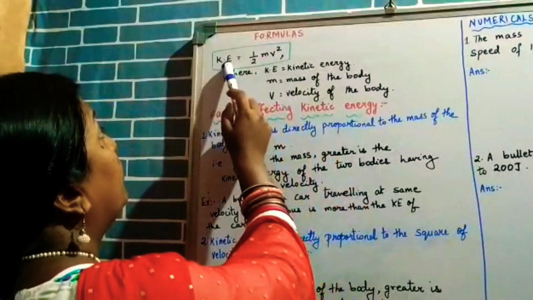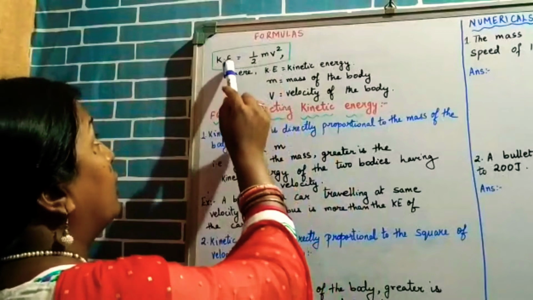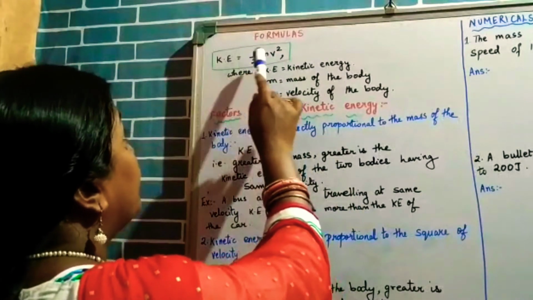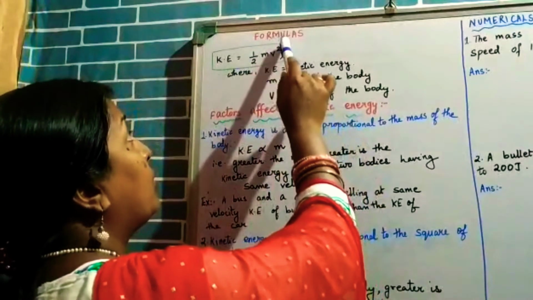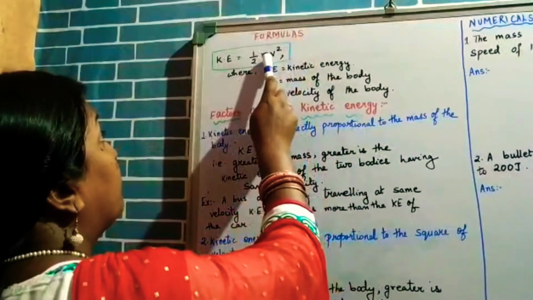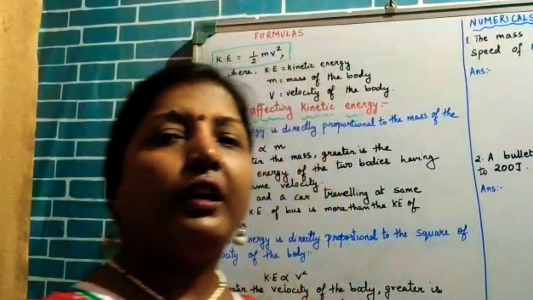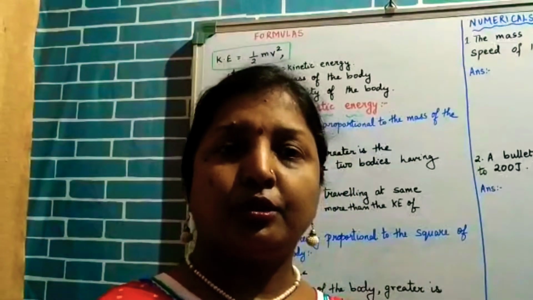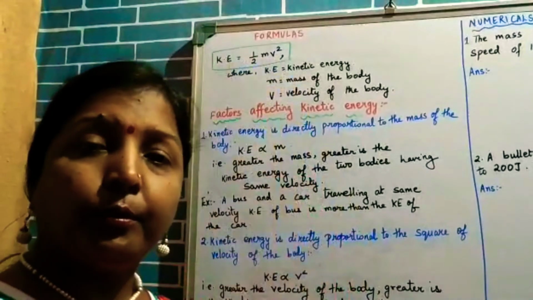Now you can see the formula, kinetic energy is equal to half mv square. On either side of the equal to sign, kinetic energy and the mass both are in the numerator. Now we are keeping the v constant, v is not changing. When v is not changing and both are in the numerator, we say that they are directly proportional. If m was in the denominator, then we would have said that they are inversely proportional. In this case, as it is in the numerator, they are directly proportional to each other.